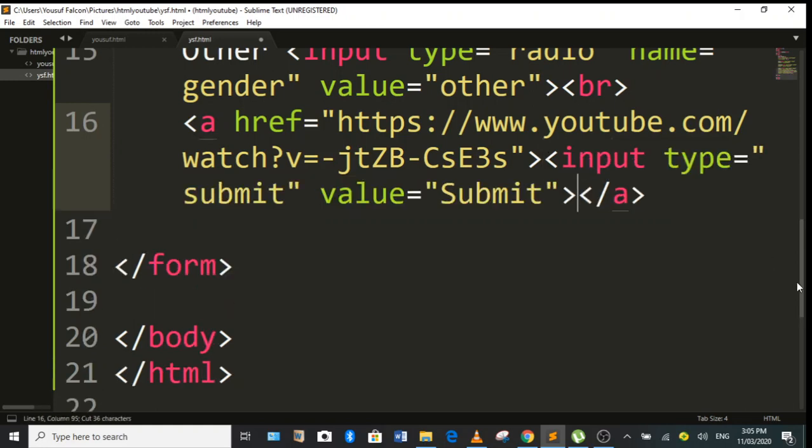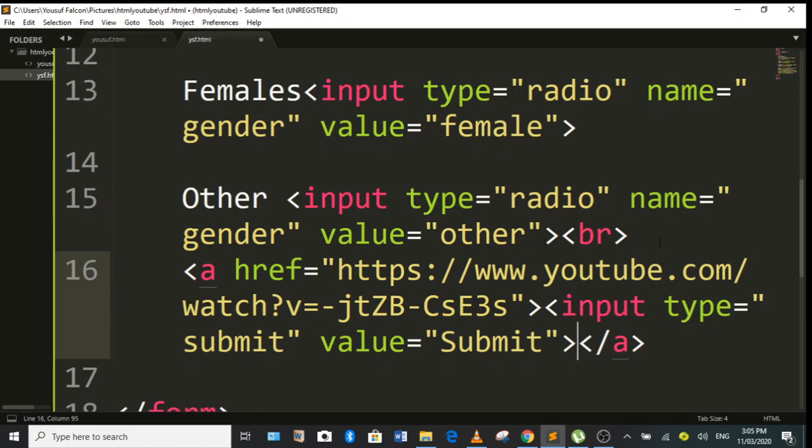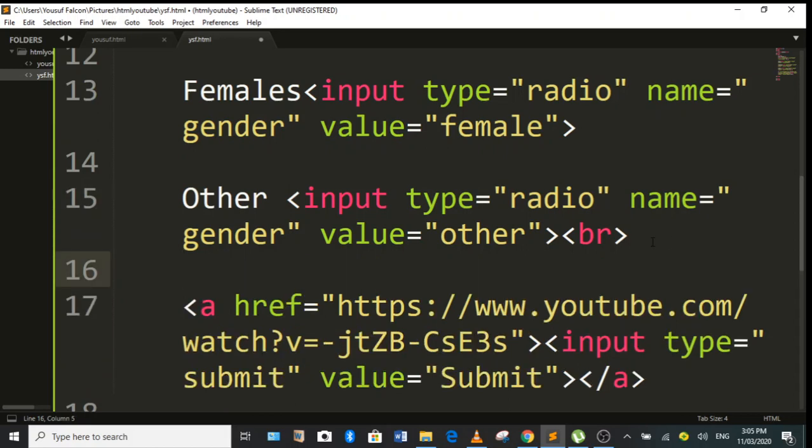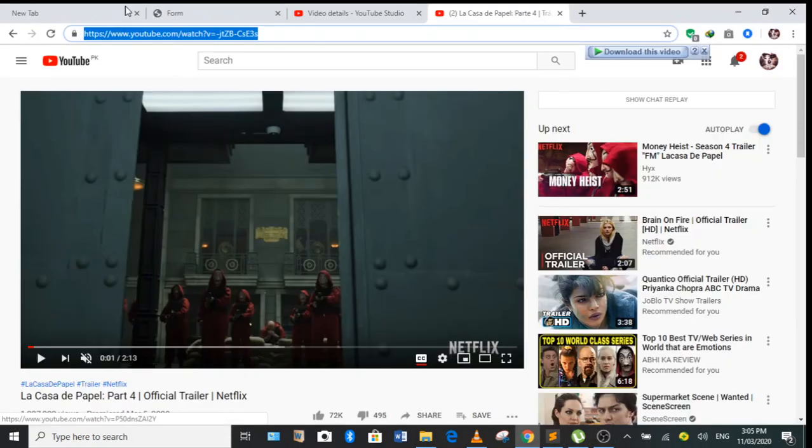We have to put it in the middle. Okay, now see,